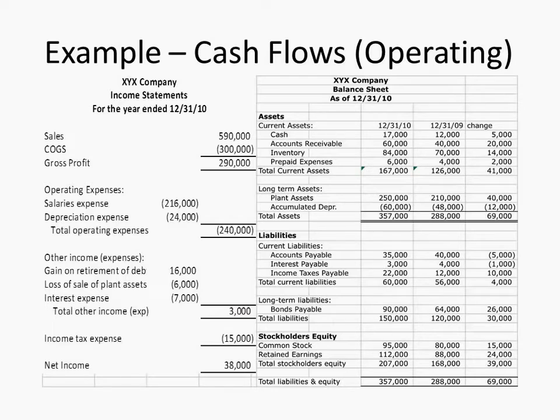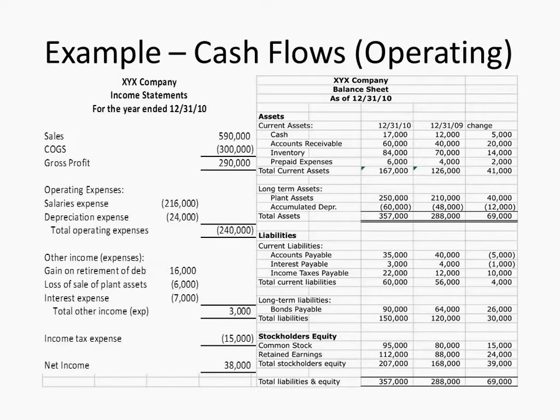On the direct method, what you're going to be doing is starting with the information on the income statement. So if you have to put together a direct method cash flow, in the operating section, you need to start with what's on the income statement. So your first step is to pull up an income statement if you're looking at the direct method. And you have to look at each item in the income statement, and you have to figure out what the corresponding balance sheet account is.